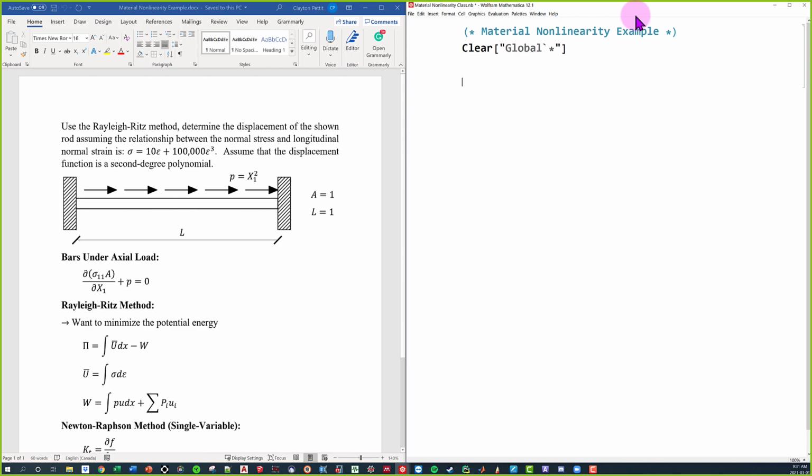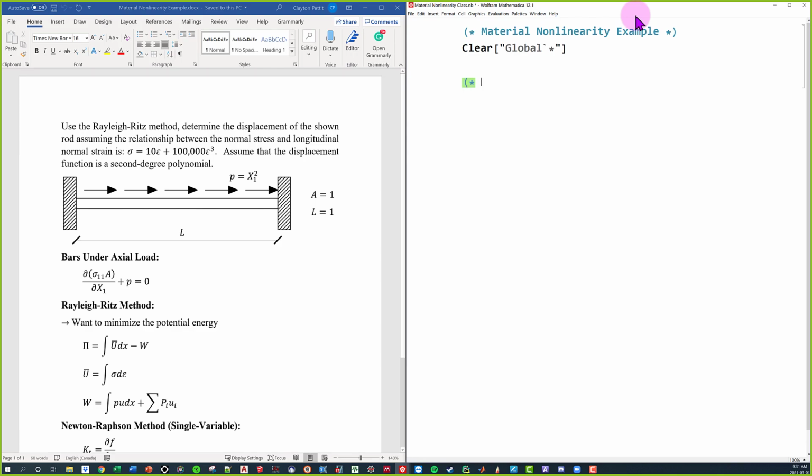Well, 9:31. Time to get started on this example. As I said, this example is something we have basically done before. The only difference now is that our stress-strain relationship is nonlinear. Before, when we had one of these bar elements, we had a nice stress-strain relationship where stress is simply equal to Young's modulus multiplied by strain, and that made everything nice and simple. In this case, we're given that stress is a function of strain, but it's not a linear function. So how can we solve this problem using the Rayleigh-Ritz method? And as we're going to see, how can we actually obtain the exact solution for this?